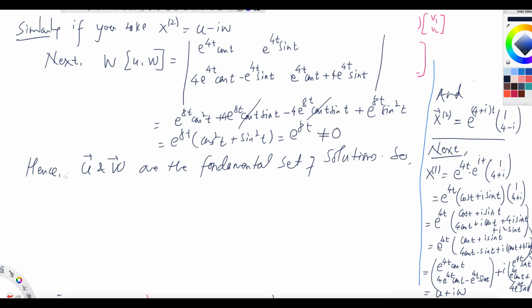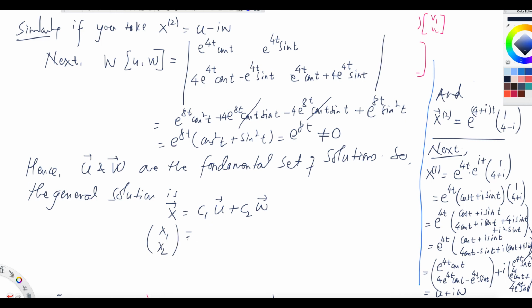So the general solution, what will be the general solution? It will be vector x equals c1 u plus c2 w. You see that? c1 u plus c2 w. It's because vector x is basically x1, x2, right? And how do you write that? You can write this as c1 times